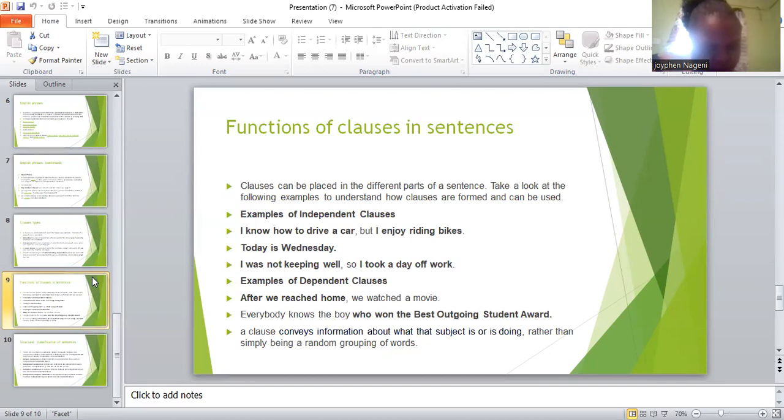Everybody knows the boy who won the best outgoing student award. The clause "who won the best outgoing student award" is a dependent one. A clause conveys information about